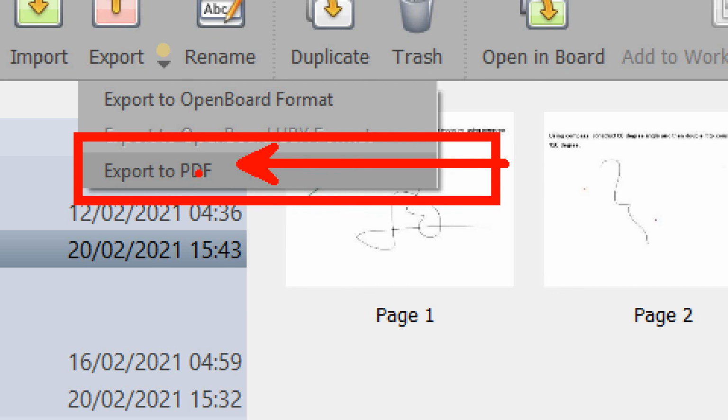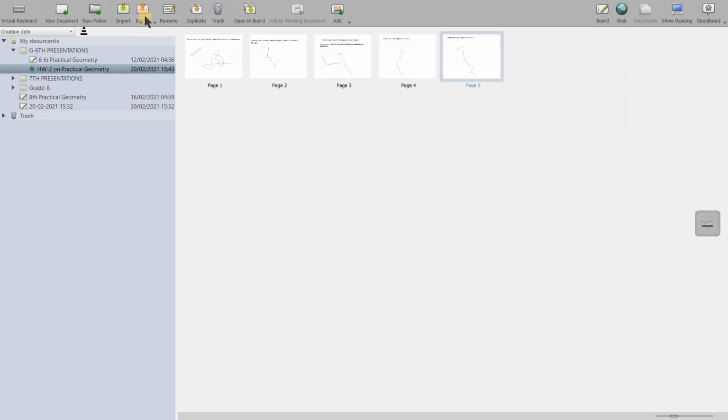Okay, export to open board format may not be supported by our system. We may not be having it, but we will have it in the export to PDF form. We can also keep it in export to open board format, but we opt for PDF file because I have asked you to submit the files in LMS in PDF format. So you will choose this format. Once I choose that, export this file.